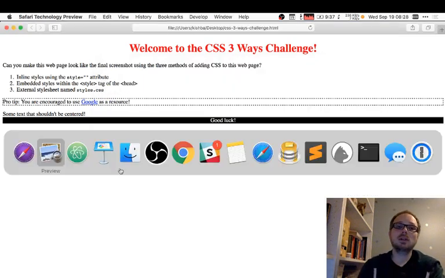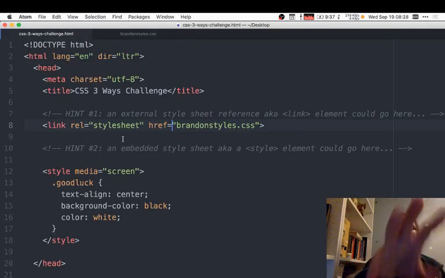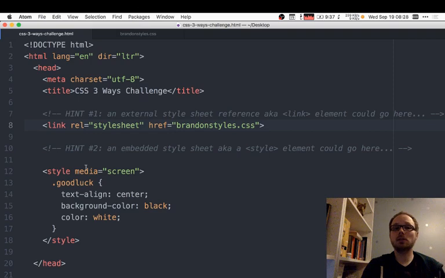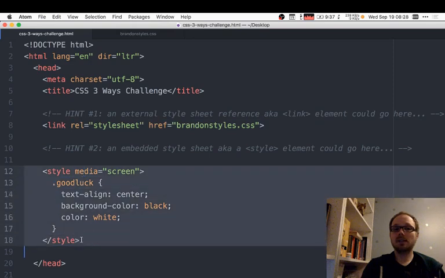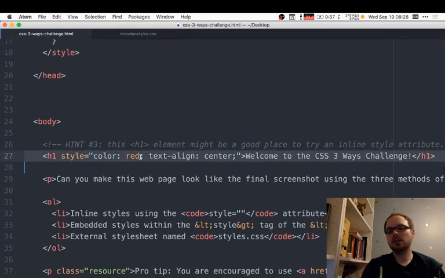So that's how to do the CSS 3 ways. What you're going to have to turn in is your completed HTML file, where I'll be looking for an example of an external style sheet, an embedded style sheet where you use the style tags, and at least one example of inline styles. I've had students complete this assignment in the past doing all inline styles. I really want to make sure that everyone has the practice with all 3 of these though,